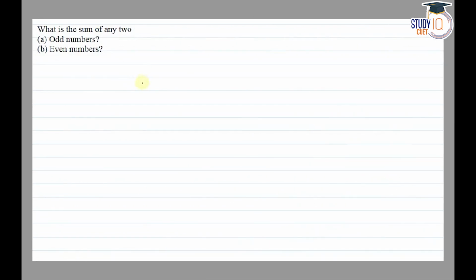Hello everyone. This question appears in class 6 NCERT chapter of playing with numbers. This is first question of its exercise 3.2. So the question says that what is the sum of any two odd numbers and even numbers? So part A,